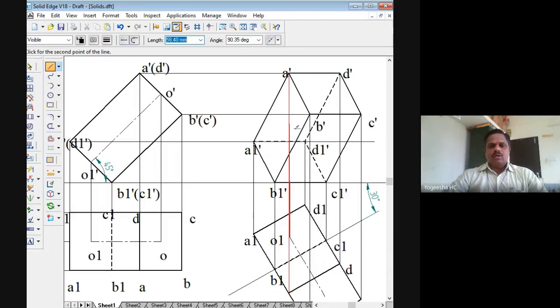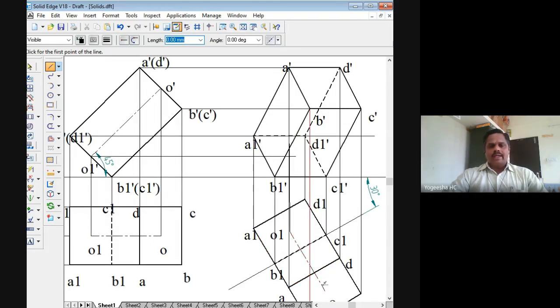I can draw the vertical line here, then draw the horizontal line from O1 dash, where these two meet. That is the point O1 dash. Similarly, I have to get the point O dash in the front view. For that, I'll drop a vertical line from the point O dash here. Then I will draw a horizontal line from O1 dash where they will meet. That is your point O dash.